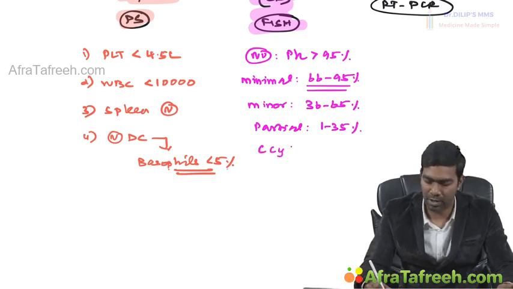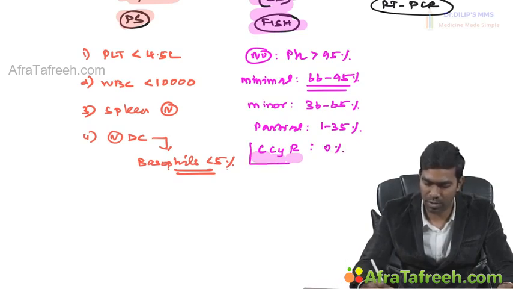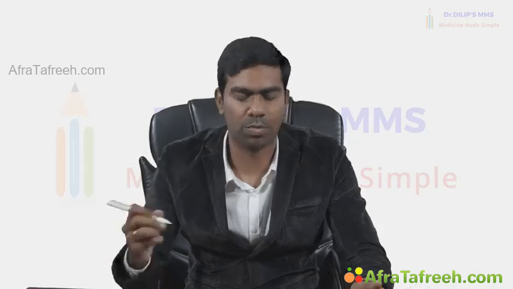a complete cytogenetic response. The CCyR is a very important terminology to know. That's called a complete cytogenetic response, where the Philadelphia chromosome level will be less than 1%, which means it's equal to 0%. There's no Philadelphia chromosome seen in any of the cells that you examine by FISH. Clear? So then let us put